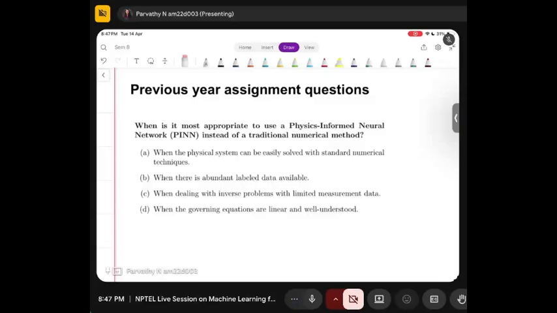Yes, so when dealing with inverse problems with limited amount of